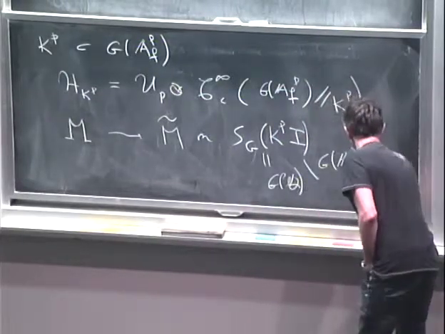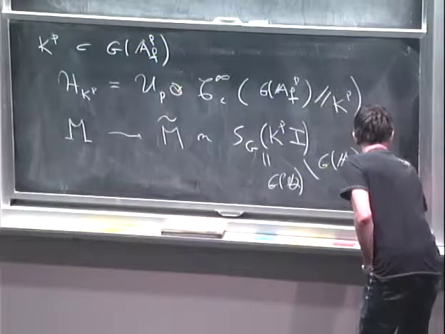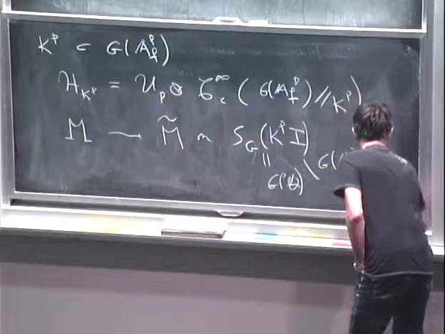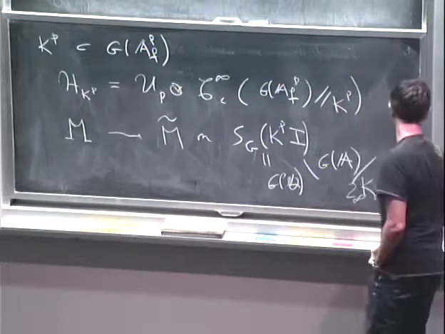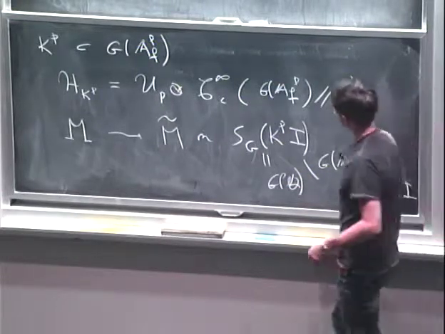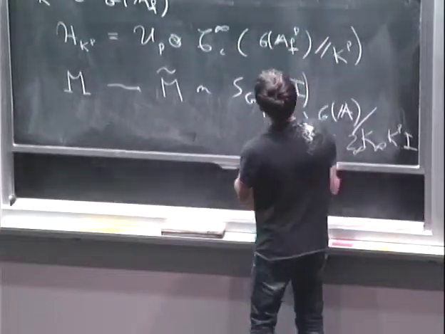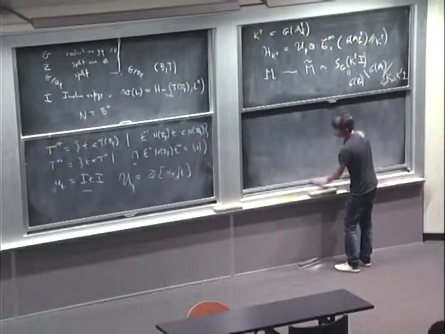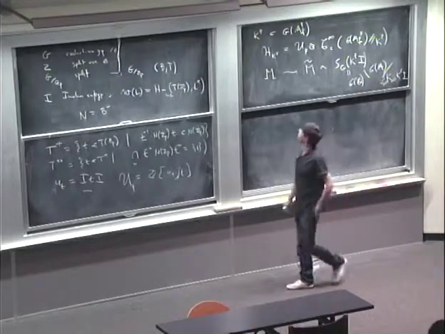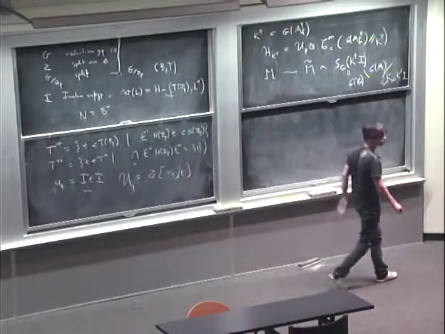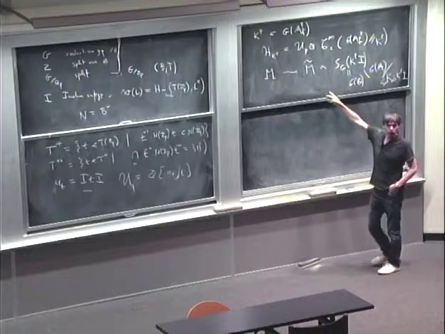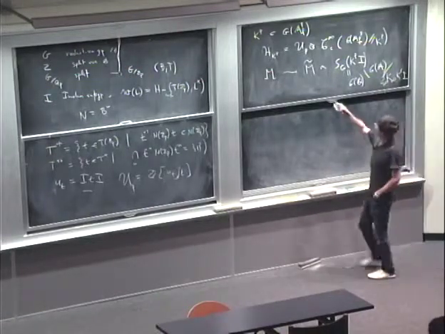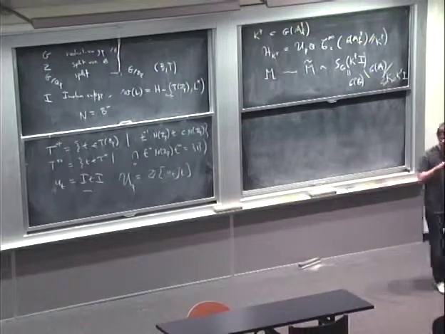Here we divide by K_infinity and by the center at infinity, and then K^p I. What we want to do is to study the action of this Hecke algebra on the cohomology of this local system. So the question is, which local system are we going to take